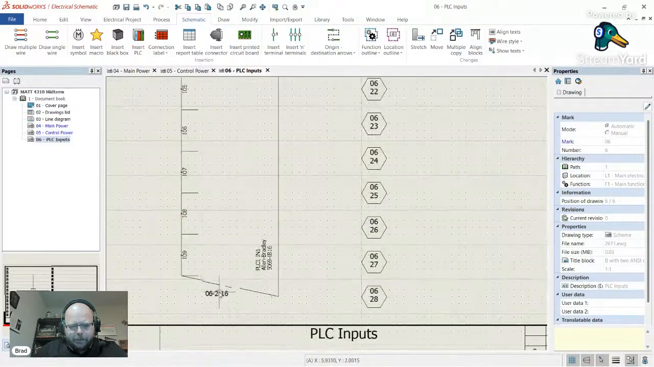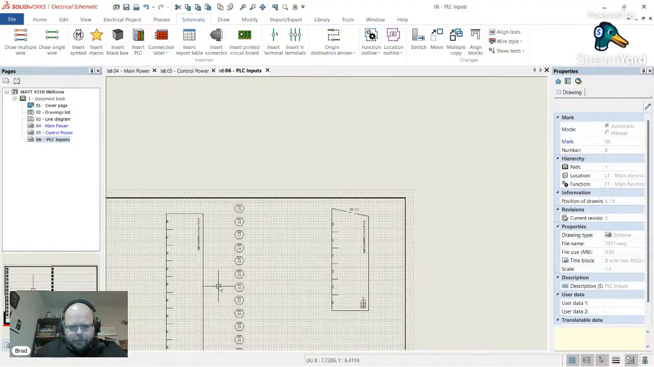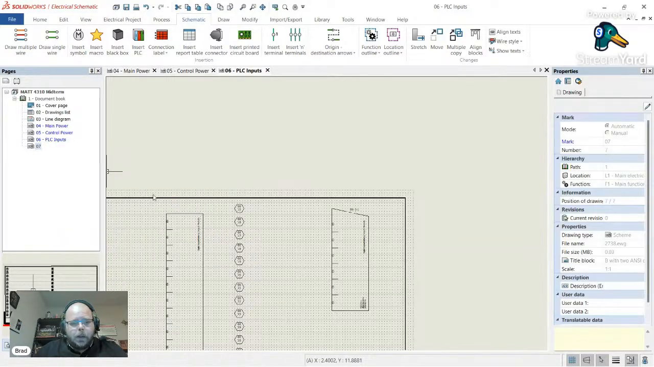We got cross references telling us where it picked up. We got inputs 0 through 15. Good. I'm going to add a new scheme right now while we're here and get that output card in here. New scheme and